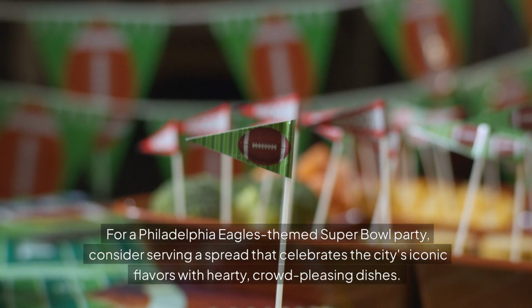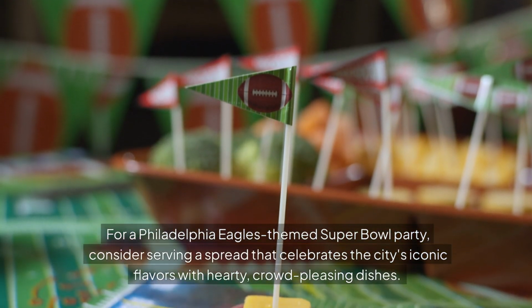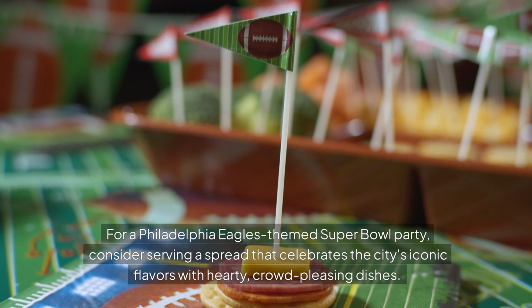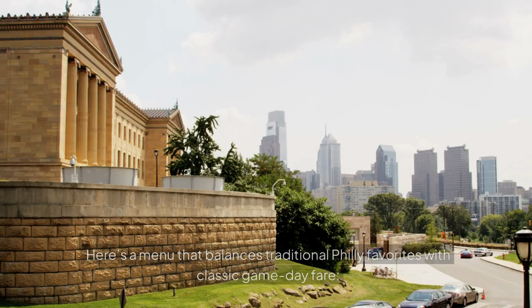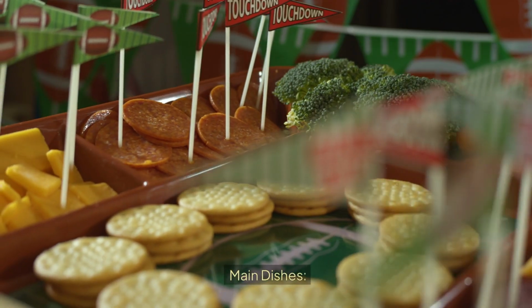For a Philadelphia Eagles-themed Super Bowl party, consider serving a spread that celebrates the city's iconic flavors with hearty, crowd-pleasing dishes. Here's a menu that balances traditional Philly favorites with classic game day fare. Main dishes: